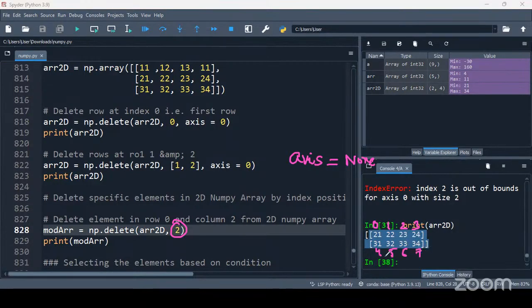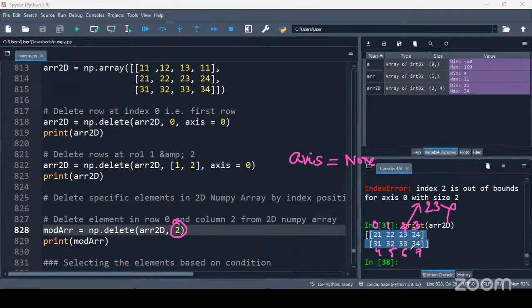So now it will map with the index. Out of all these 8 elements, which element is at index position 2? 23 is the element with the index 2. That means we are going to delete the element 23 from this